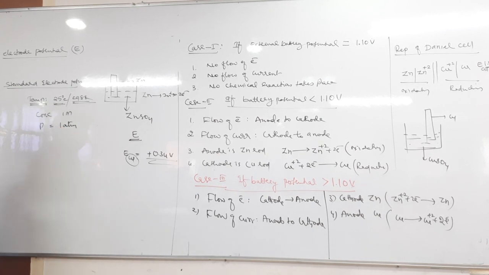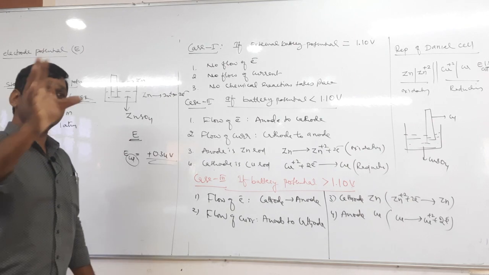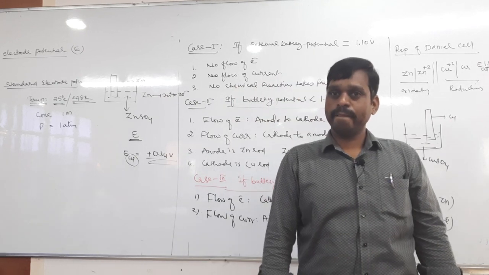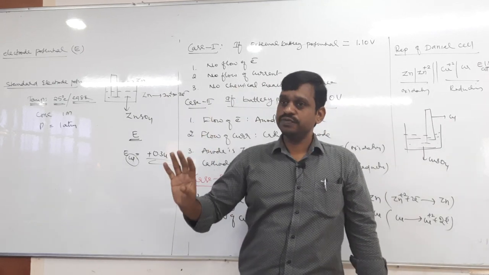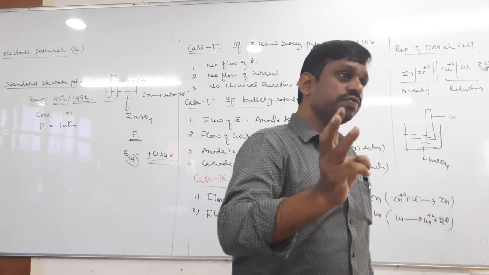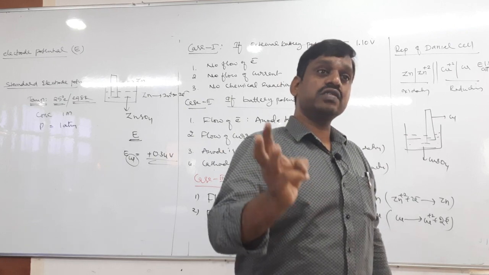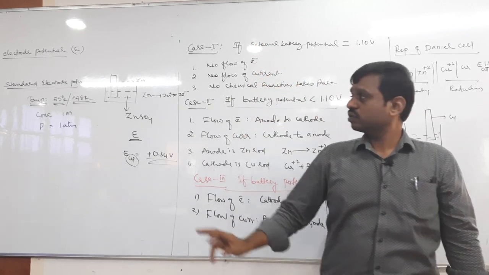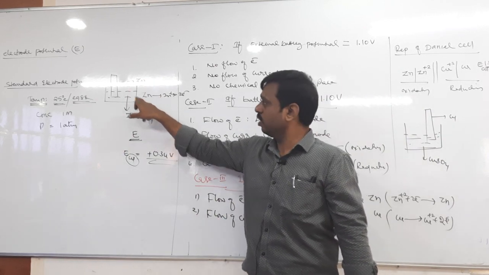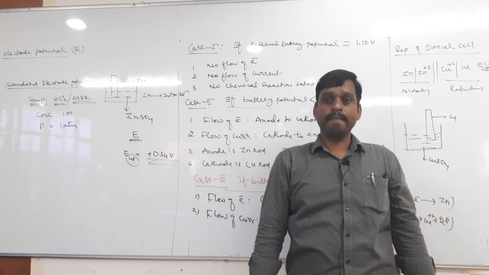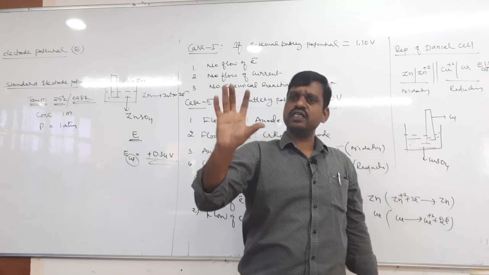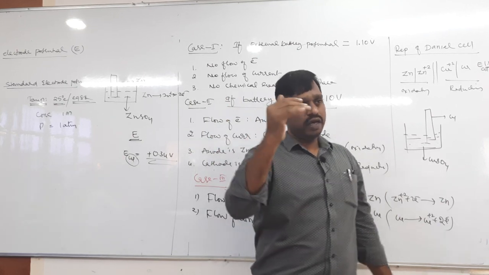Now, if electrode potentials are measured under standard conditions, that is called standard electrode potential. Then tell me, what is the definition of electrode potential? The potential developed at the electrode when the electrode is in contact with its own solution and the electrode and solution are in equilibrium. For standard electrode potential, you just maintain the standard conditions. The definition is the same.